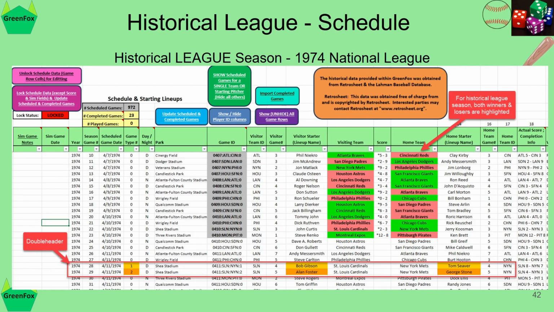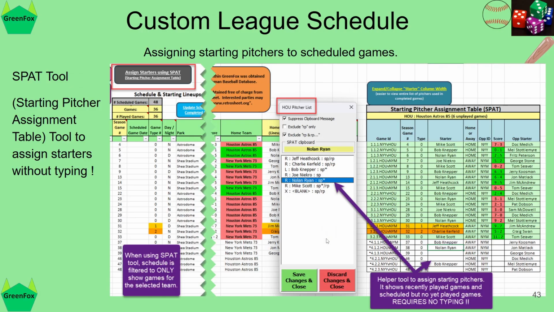So here's an example of a historical league season from the 1974 National League. You can see here, the green team is the winner, the red team is the loser. Here's showing a doubleheader. You can see this game type is 1 and 2. This slide here is